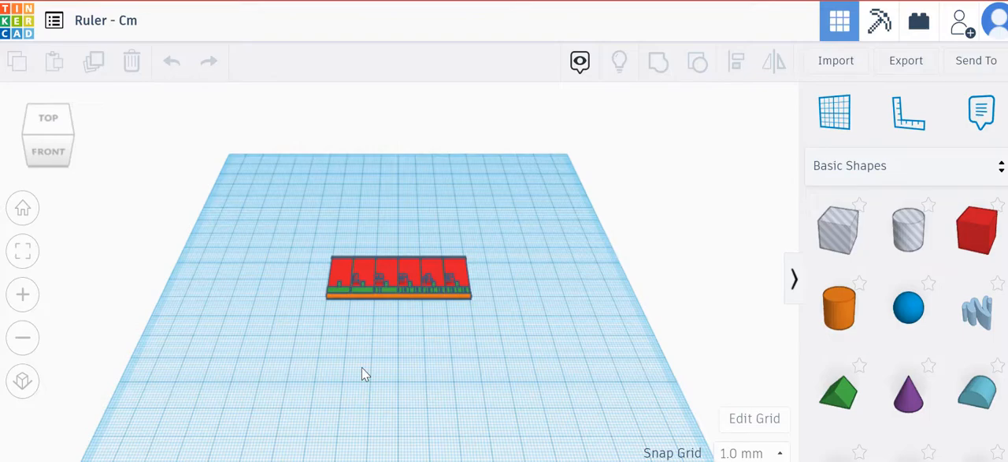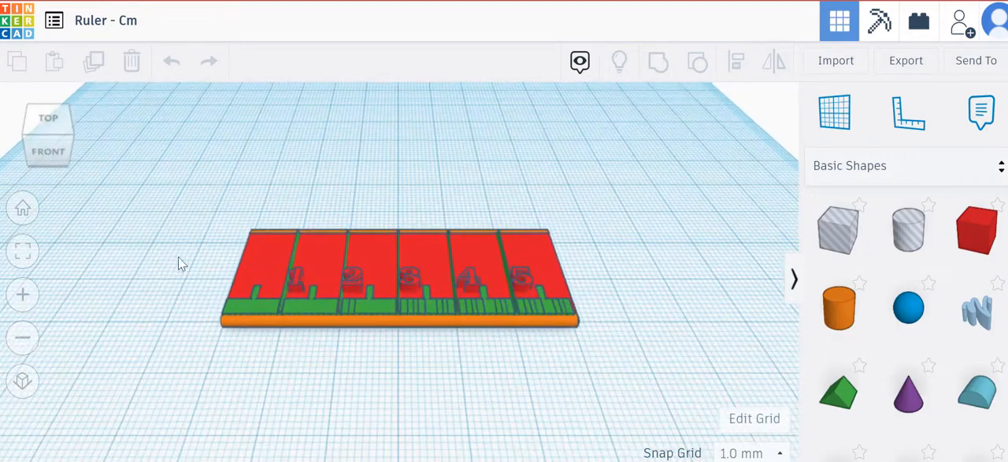I'm going to go ahead and change the name before I download a copy of this ruler for print, because when I gather all of your rulers, they'll all have the same name. I won't know whose is whose. So put your name in front of ruler CM,